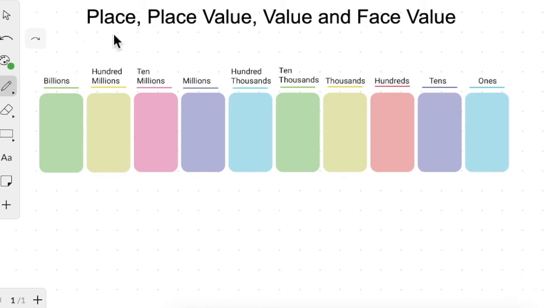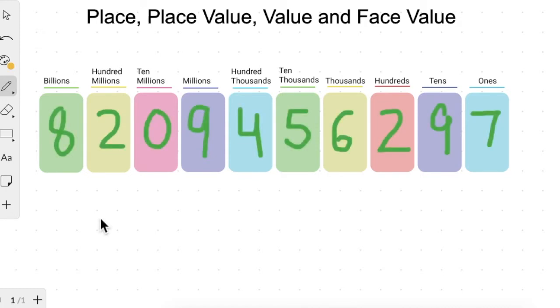To understand what place is, let me just write down a number in the place value table first. So this is the number that we have. Now, place is the location where a digit is. For example, if I ask you, where is this 5 located?